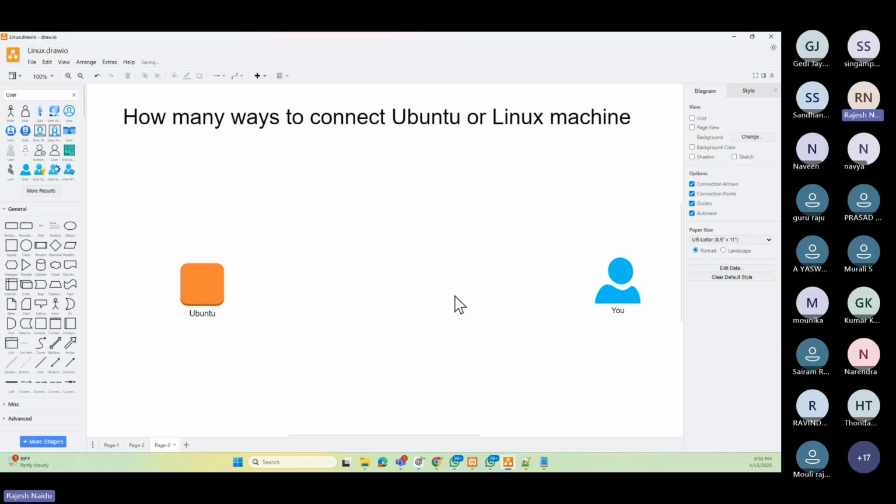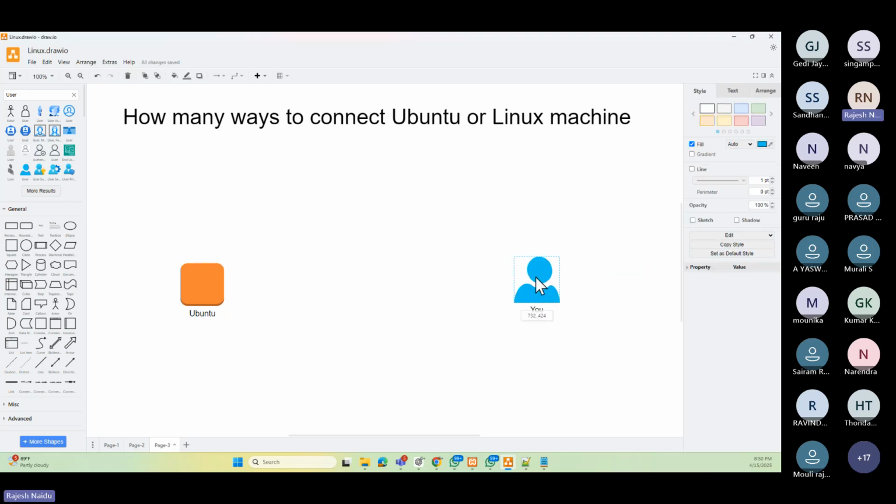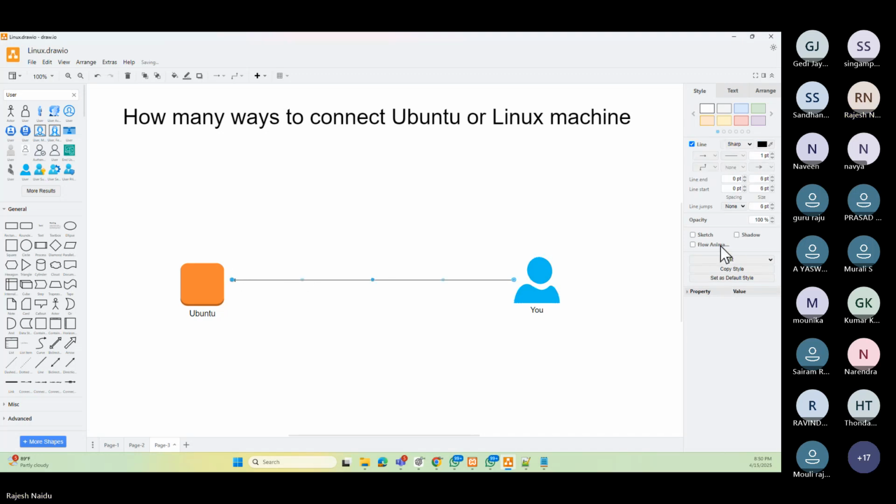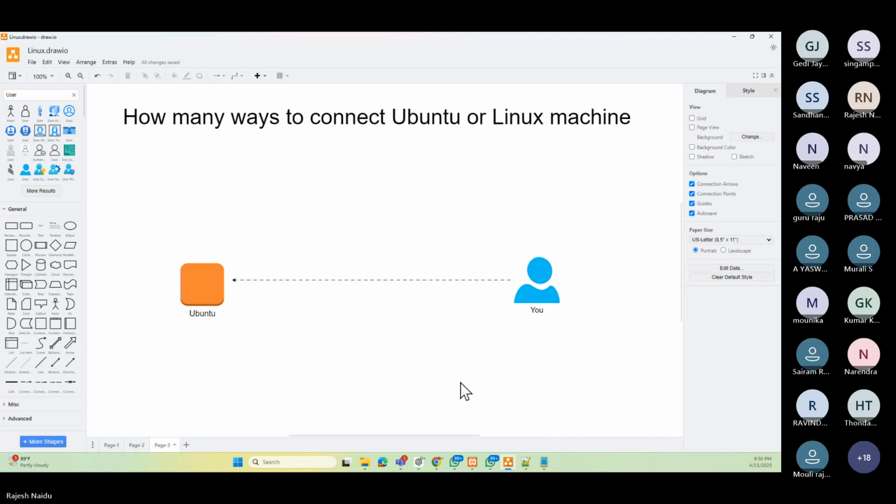So how many ways will you connect to this machine? There are multiple ways. So the first method is